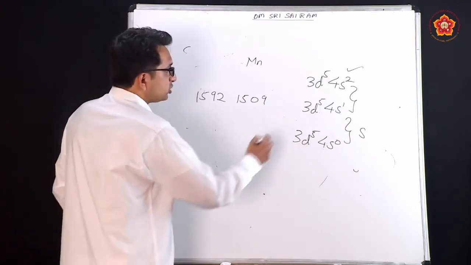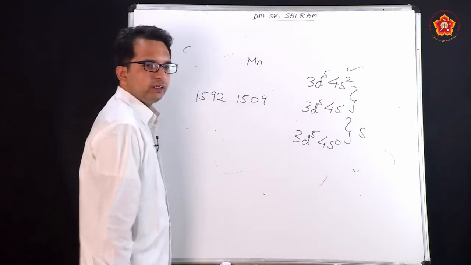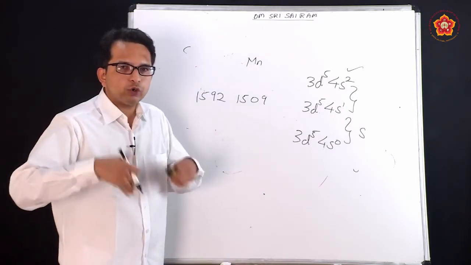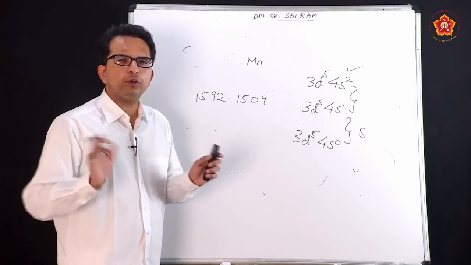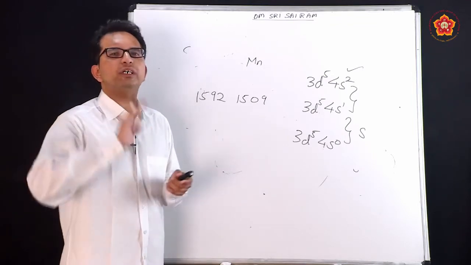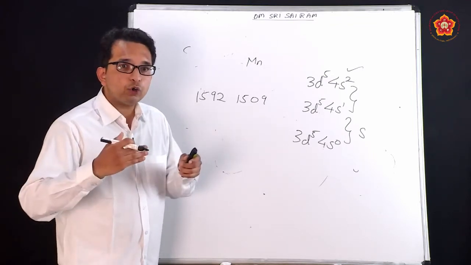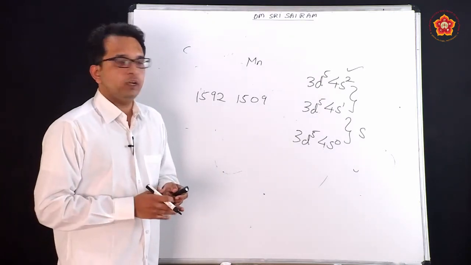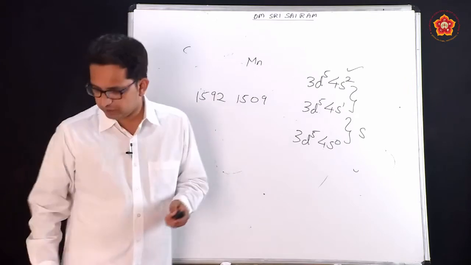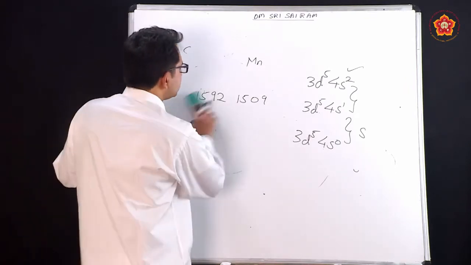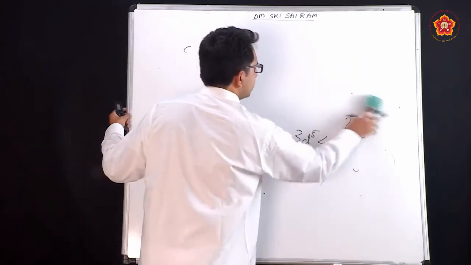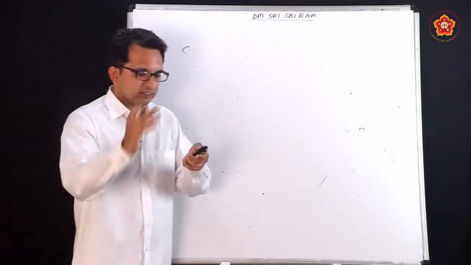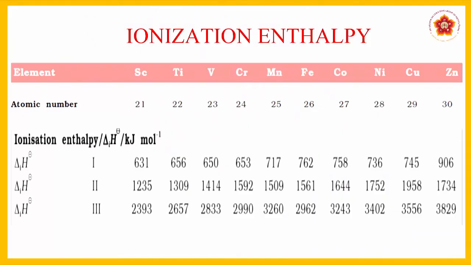So, because it is going towards stability, energy required will be less. Always remember, whenever you go towards stability, you need not put more energy because everybody wants to become stable. But if you go towards instability, you may need high amount of energy. So, this is the explanation that we give for variations that we find in the cases of certain elements in nature. Let us see some further values now.